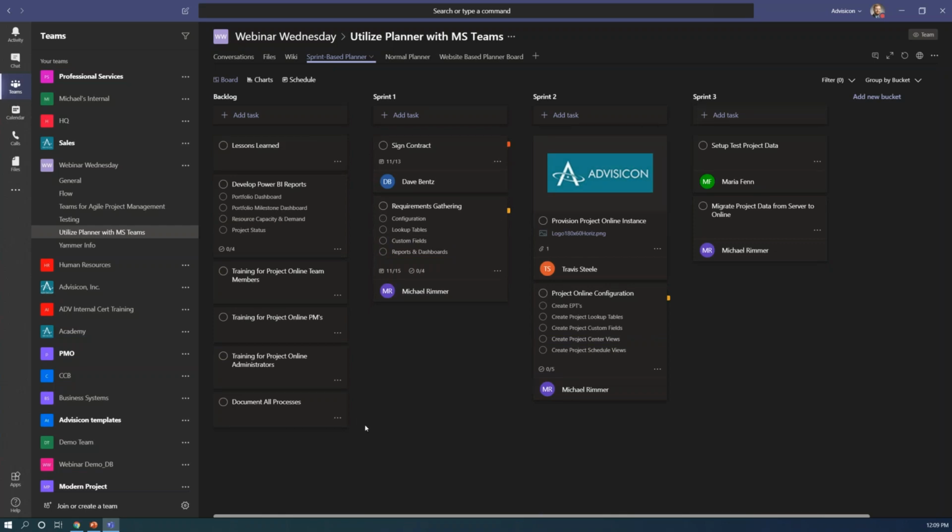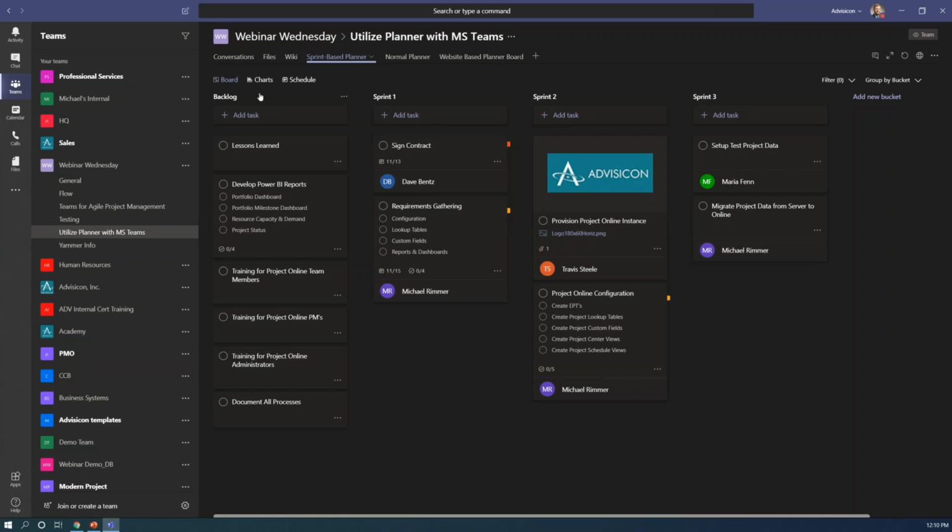Now I'm going to dive in a little bit to using Planner within Teams. I've already talked about how to bring or migrate your planner board directly into your Teams channel. And now that we have done that, or we have created a new one, what's the benefit of using it here and using Planner for your team for project management? Well, the easy to access ability is pretty straightforward, but as you can see, I have created two different planner boards. One is sprint based and one's a normal Kanban, and I'll show you the Kanban board here in just a moment.